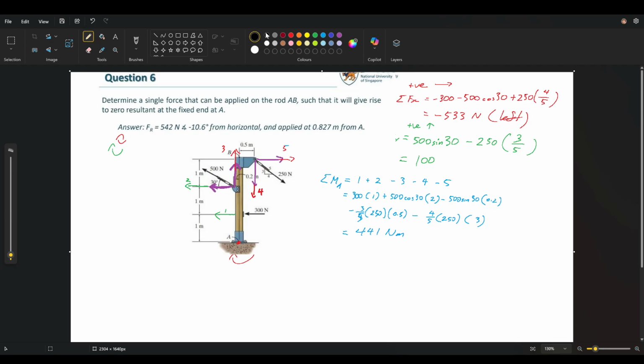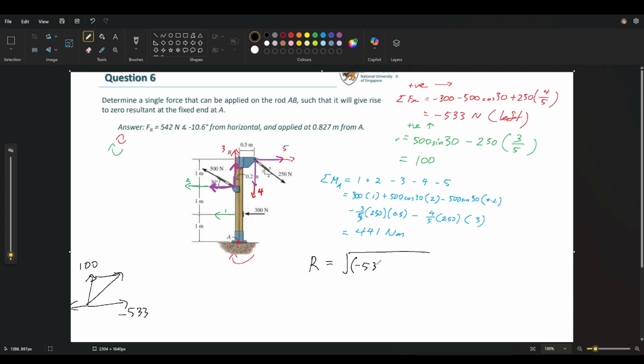Remember triangle rule? Your total x and y, your y is 100, your x is 533. In this case, it's negative, so it's technically supposed to be this side, but whatever. Resultant will basically be this force, which just forms a right angle triangle. Pythagoras theorem. So resultant equals